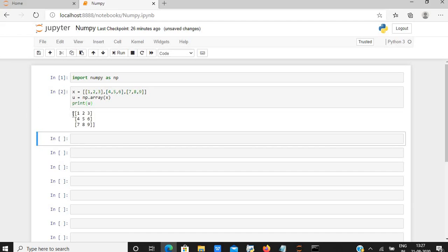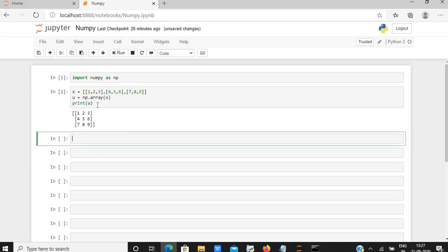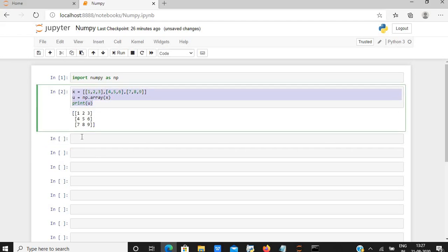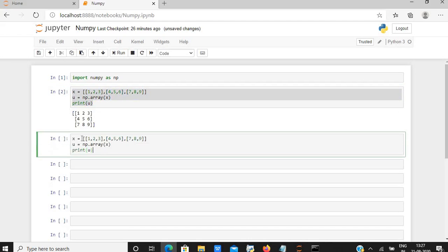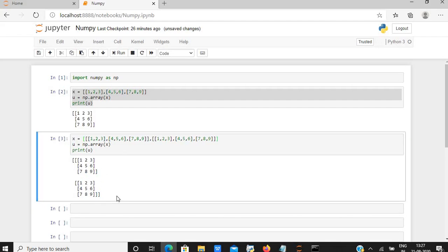Let us run this, and as you can see we have a 2D array. Similarly, we can get a 3D array. I am taking the same example, just making changes in the value of x. As you can see, we have two 2D arrays, that is, we have a 3D array.